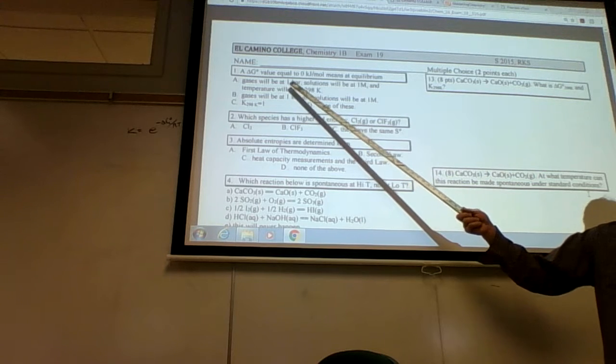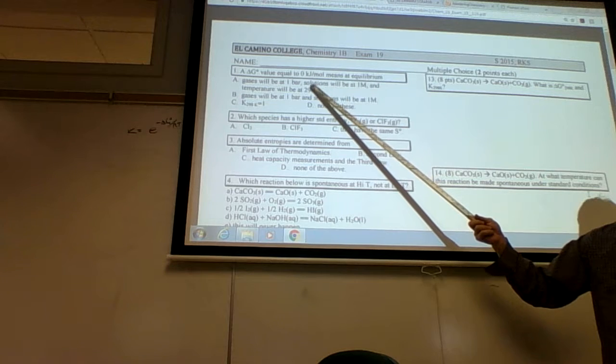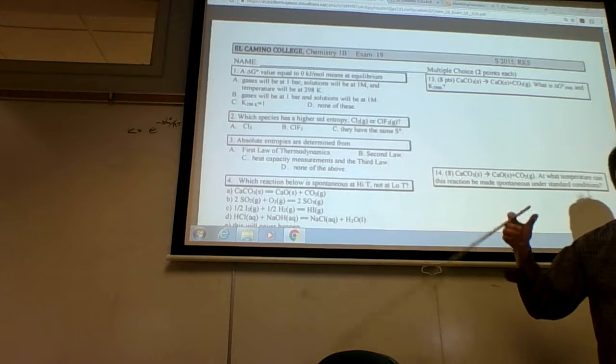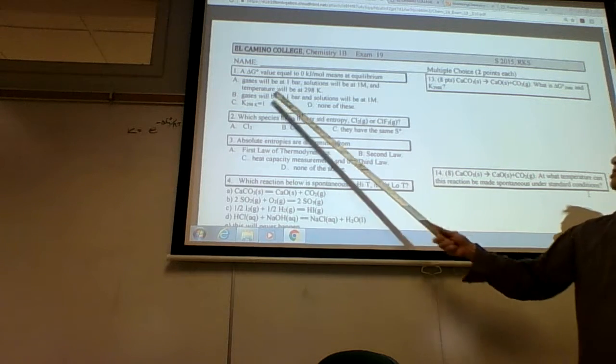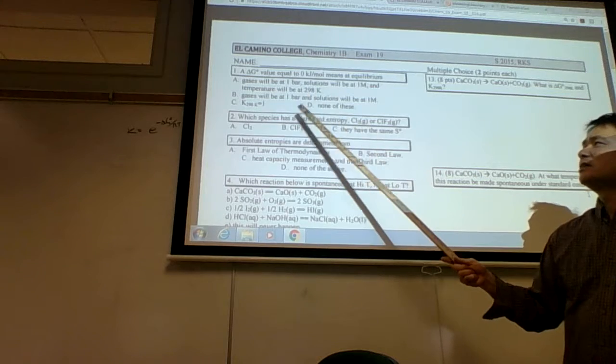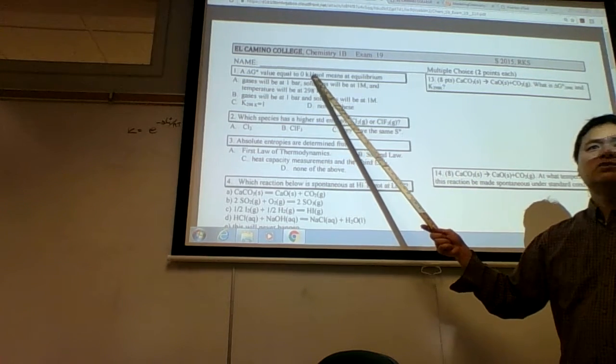It can't be A. A is false, so we could just eliminate that one. It's false because of the temperature. Temperature is not a standard thermodynamic condition. We don't know what the temperature is. It doesn't specify it. In fact, having a delta G naught equal to 0 at 298 Kelvin is rare, because